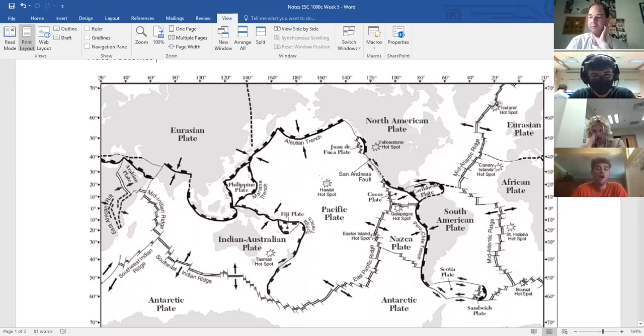You can see a couple of things. First off, we have the prime meridian right here. So the map is not centered. The map is not centered. When you take latitude and longitude readings on